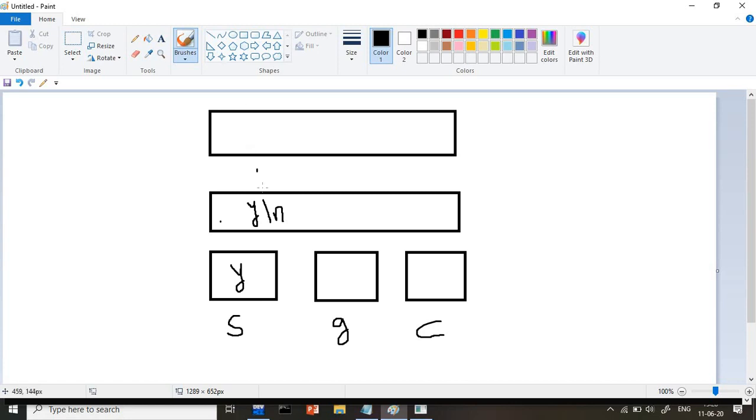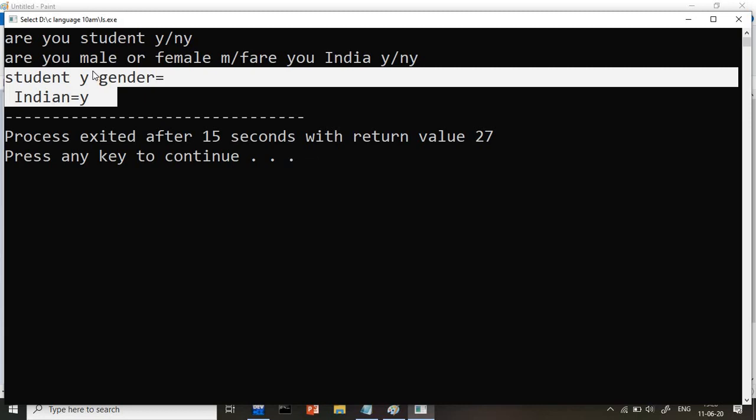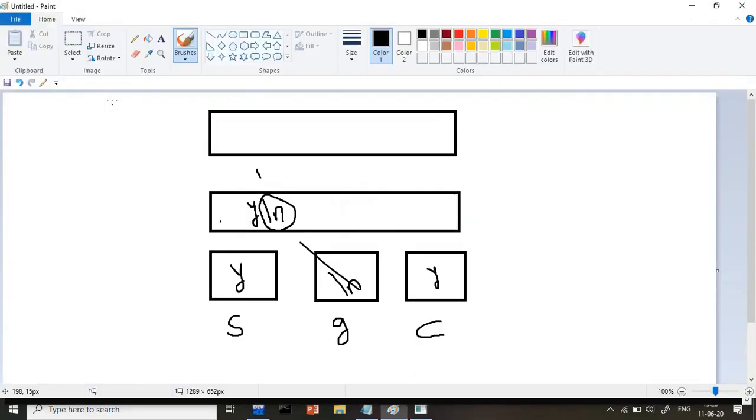But already one extra character is available in the buffer, that is /n. So that character is placed here because the character is available. Now it is empty because Y is gone and /n is gone. Third it is asking country, I gave Y, so Y is coming. So on the screen you are getting first Y, gender nothing but /n, a new line came, and Indian is equal to Y. This is because extra characters were available in the buffer, that's why this problem is coming.